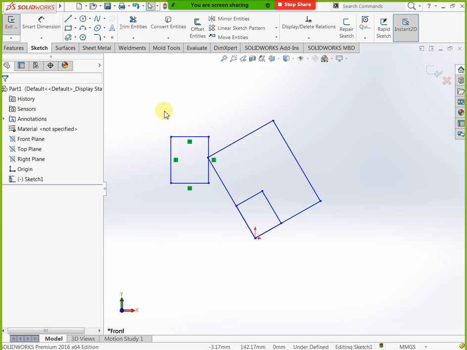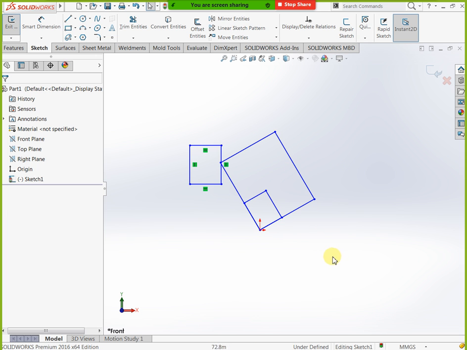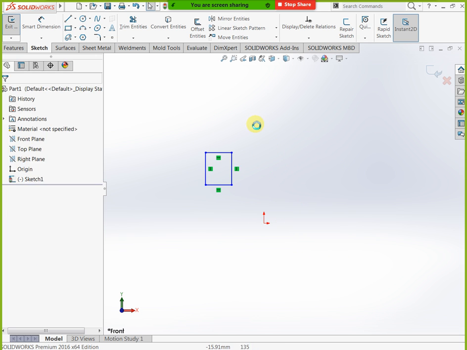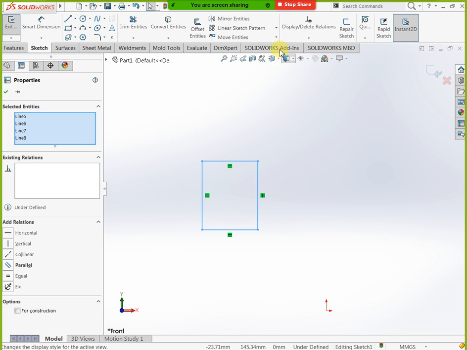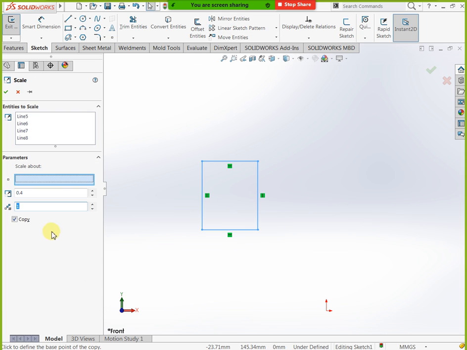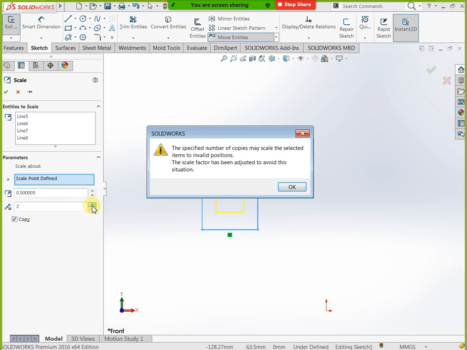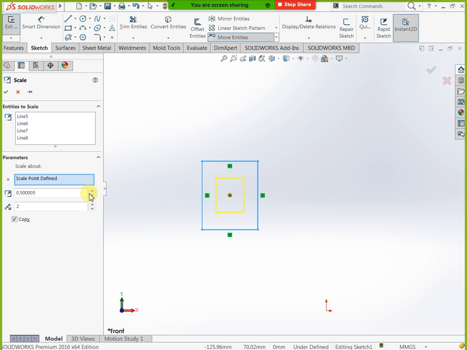Okay, if you need, I will show that one. Just select this, go to scale entities, select base point. I'm selecting here. Next, sorry, 1.5.